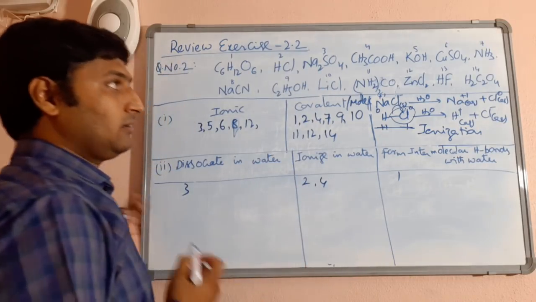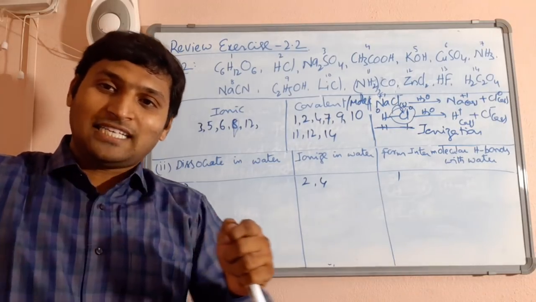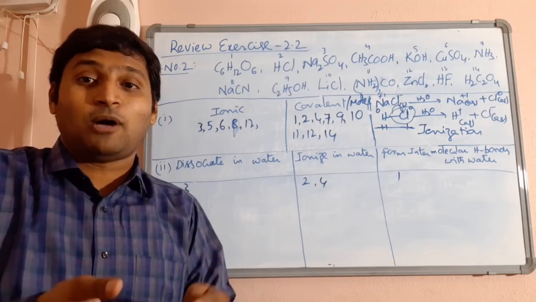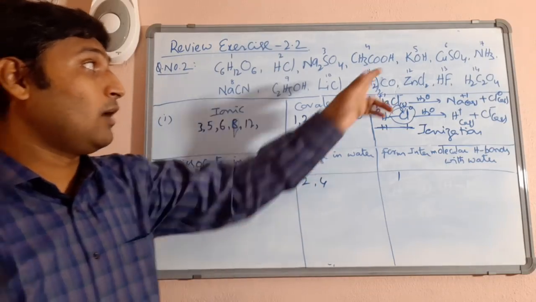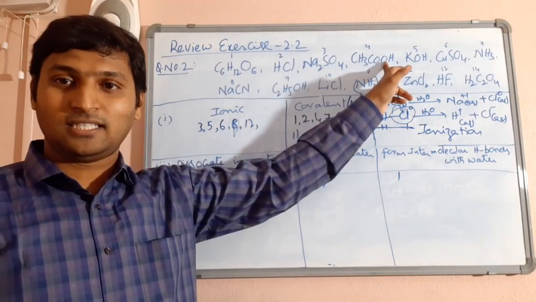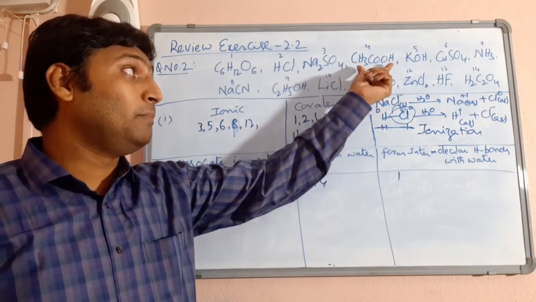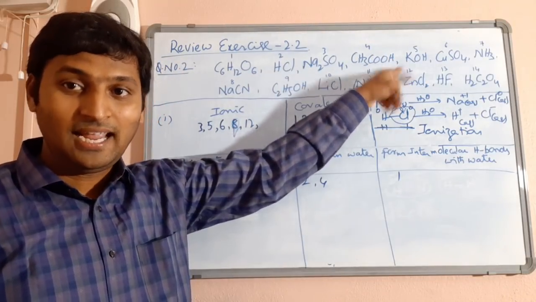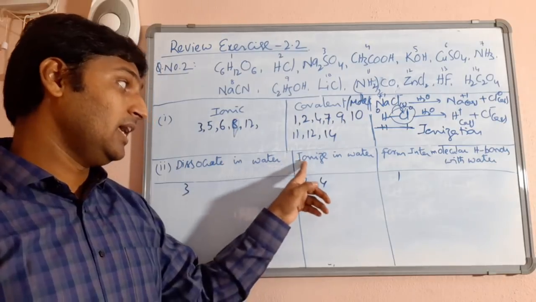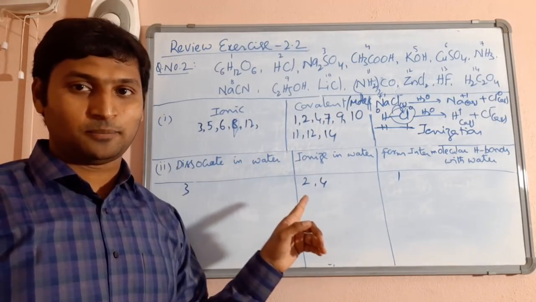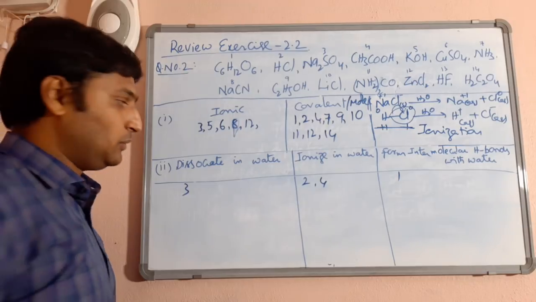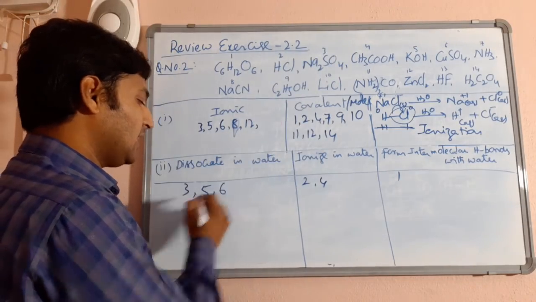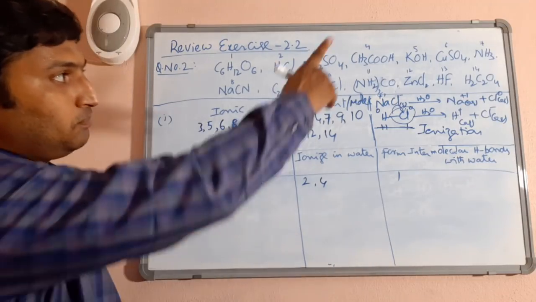Now you must be wondering, just now you told us that whenever hydrogen is attached to oxygen or nitrogen or fluorine, it must form intermolecular hydrogen bonds with water, but now you are immediately saying that it undergoes ionization. Of course, being an acid, it has a reactive proton, which will be released as H plus ion. That's why it prefers to ionize in water. Then comes potassium hydroxide, which is an ionic compound, so you can put it under dissociation.